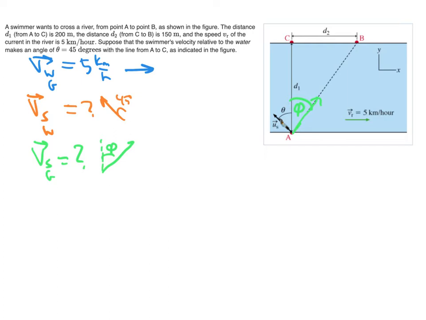And that's going to be sort of our trick to all of this as we go on. All right, so one way to do this would be to set up the vector triangles and stuff. I'm going to do it a different way, an alternate way that I saw online. I'm going to say, well, the horizontal part of the swimmer's motion relative to the ground, this bit, it's going to have a horizontal part,